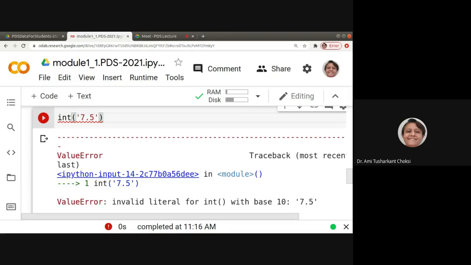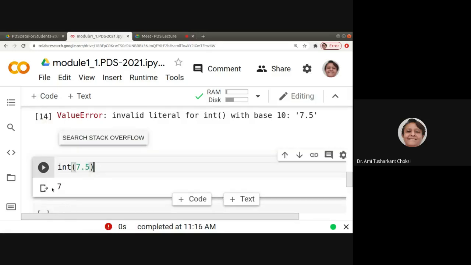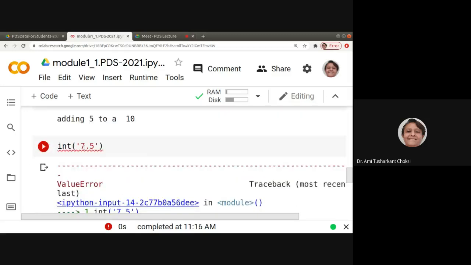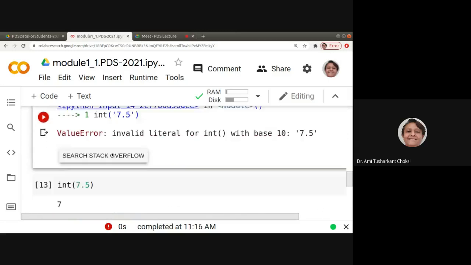So here I have written integer of 7.5 in single quote, whereas here I have written integer of 7.5 without single quote. See the difference. Here we are getting the integer part of it, whereas in this we are getting the error. Fine. So hope it is clear to you.